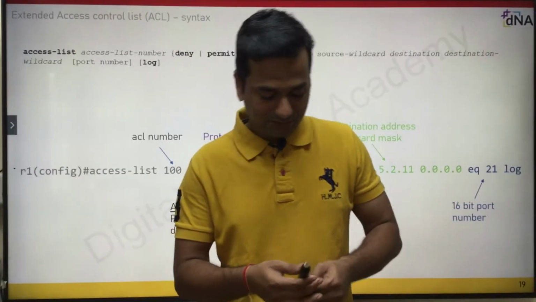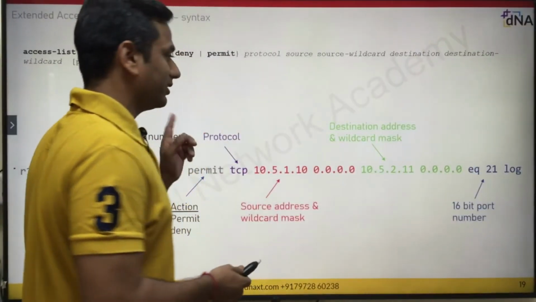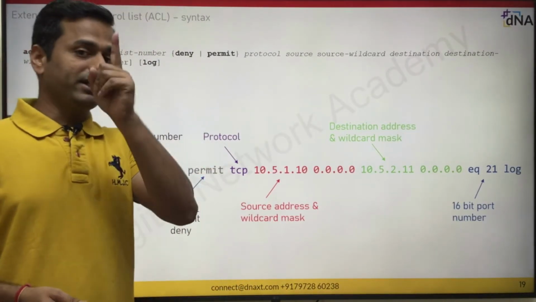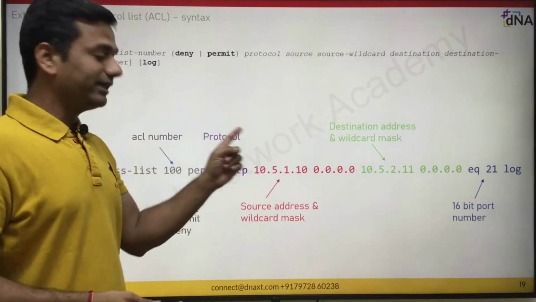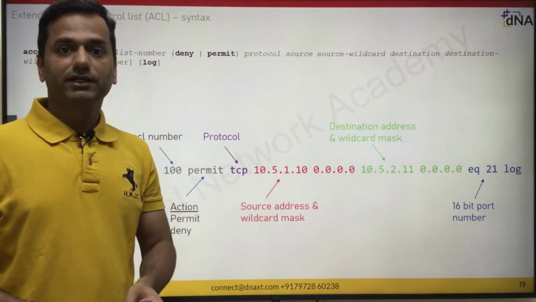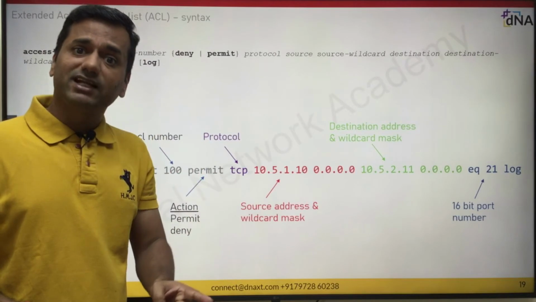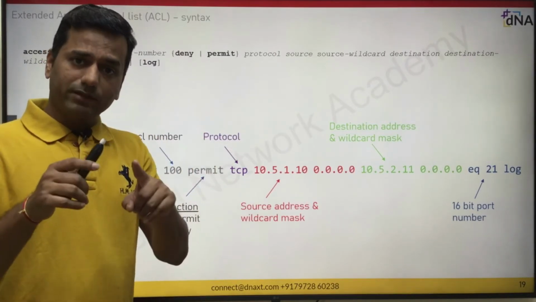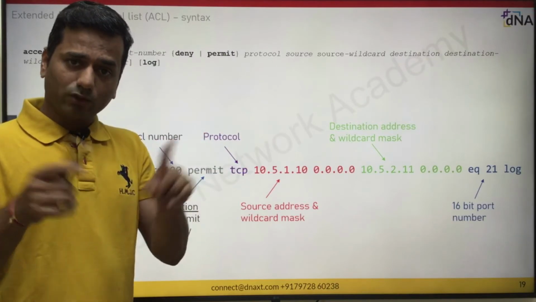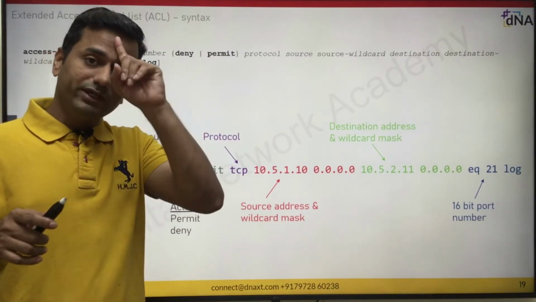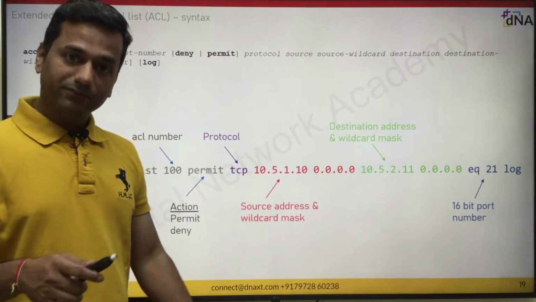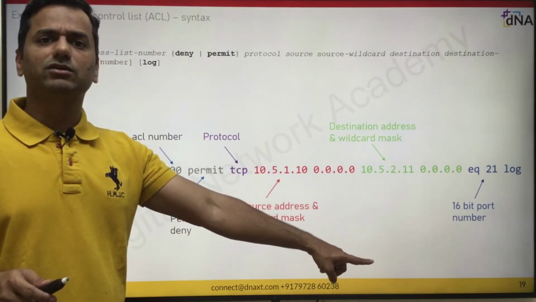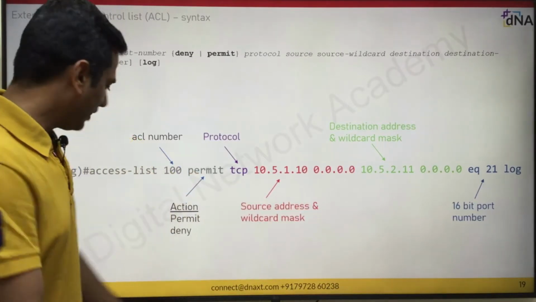Great, impressive. Extended access control list is used most of the time when it comes to data filtering. When we use the standard ACL is for routing updates, to restrict the routing update or to manipulate the routing protocol traffic. At that time we always use the standard access control list. Clear? I will tell you in a later section why we are not using the standard access control list to filter the packet, right?